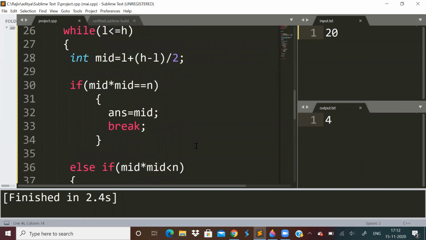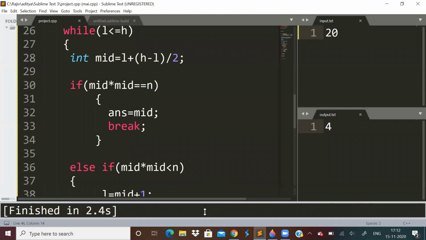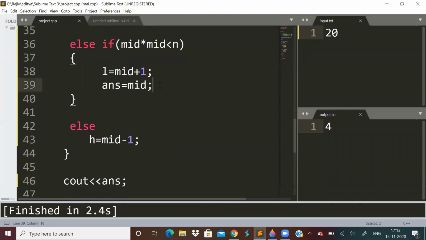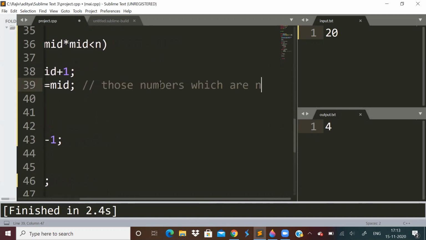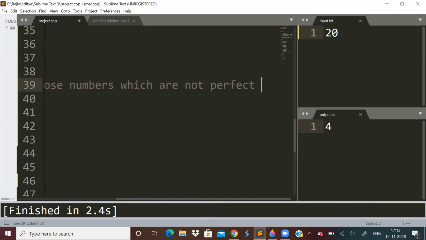So this is how you find the square root of a number using the binary search method. This condition is for those numbers which are not perfect squares, like 10, 20, like that.